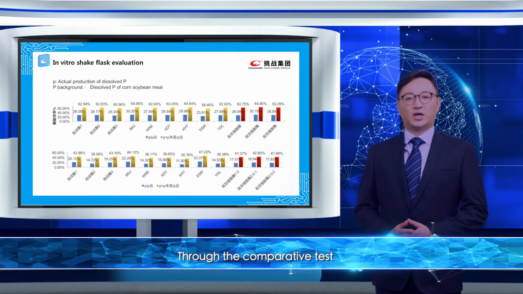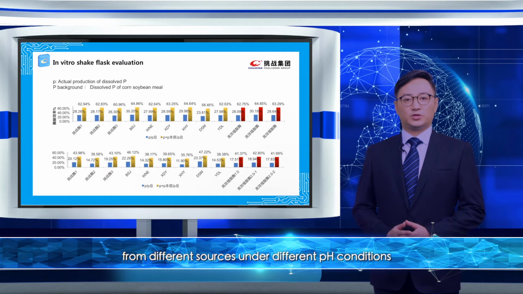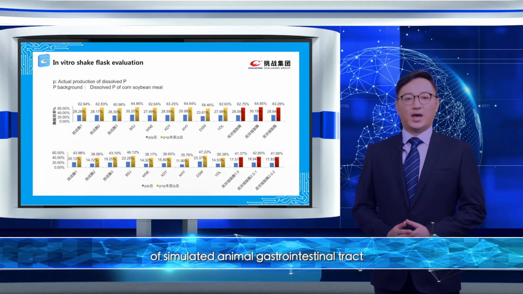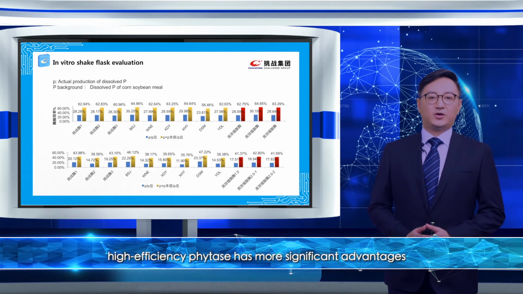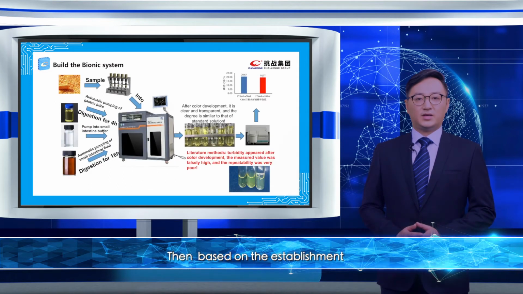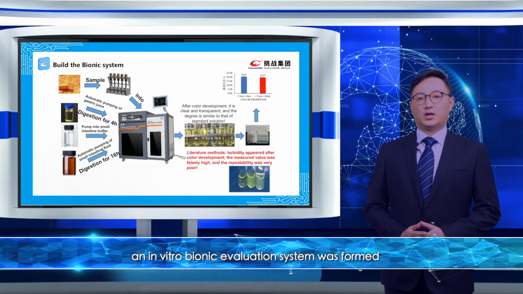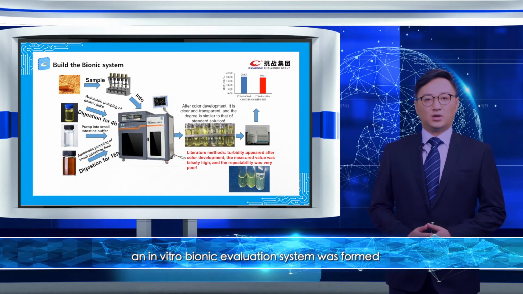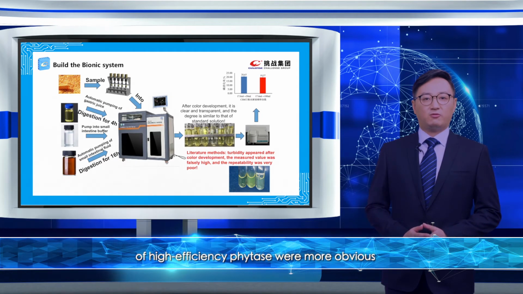Through the comparative test of enzymatic hydrolysis efficiency of Phytase from different sources under different pH conditions of simulated animal gastrointestinal tract, compared with ordinary Phytase, high efficiency Phytase has more significant advantages. Then, based on the establishment of in vitro shaking flask and the evaluation methods, an in vitro bionic evaluation system was formed. Through the evaluation, it was found that the advantages of high efficiency Phytase